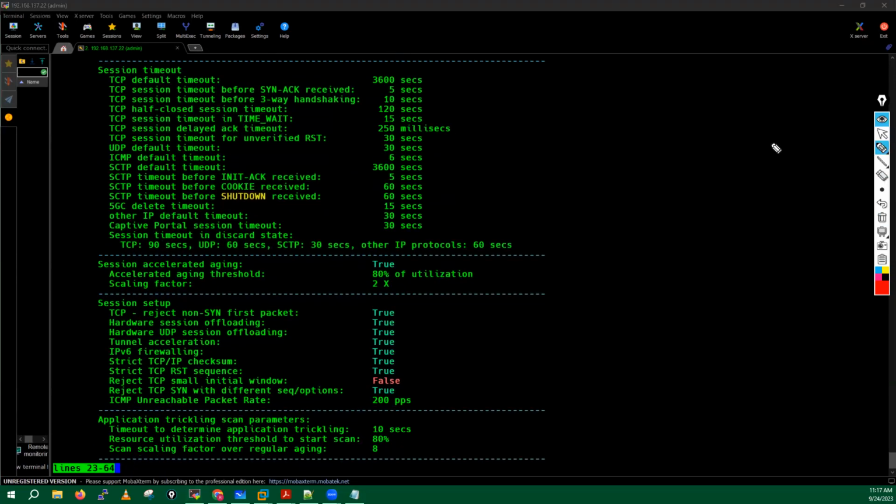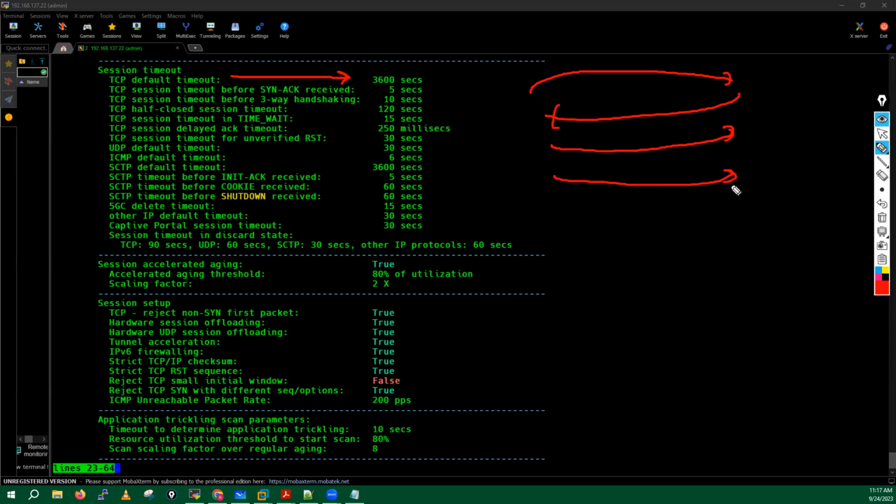now these are the timeout values, guys. The default timeout value for a TCP connection is 1 hour. That means if somebody has sent the TCP SYN, we have received SYN plus ACK, then we have sent the ACK and he has sent an HTTP GET request, and now he is just waiting for the response. The TCP session timeout is like, once the session is created, you can keep this session in idle state for 1 hour,